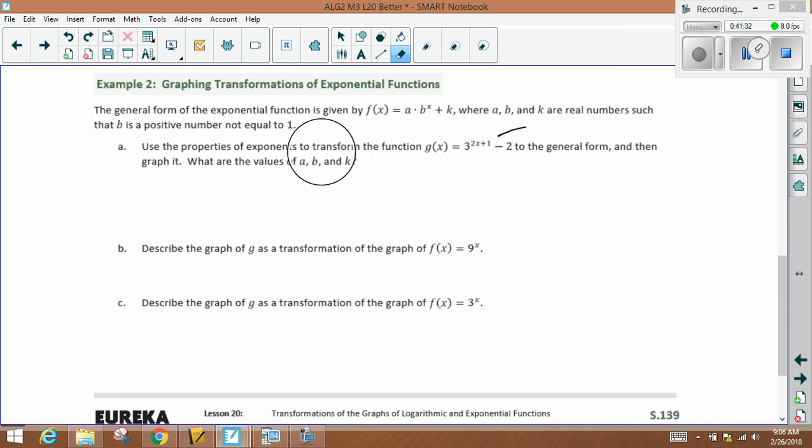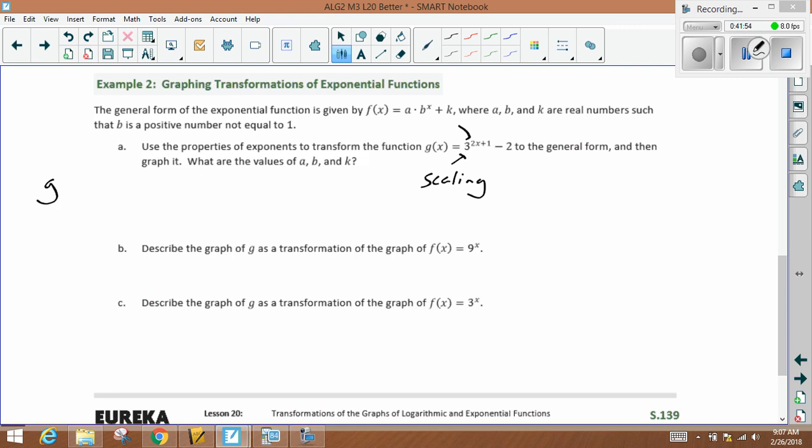I lied to you. The power is what gives me our scaling, okay? This 2 right here is going to wind up being a horizontal translation because I could rewrite this as